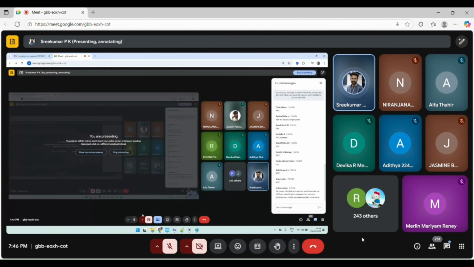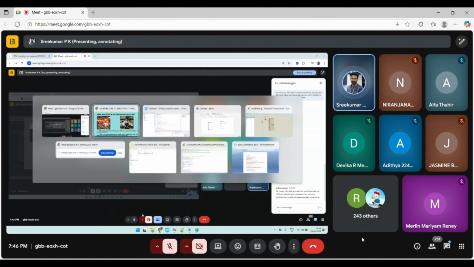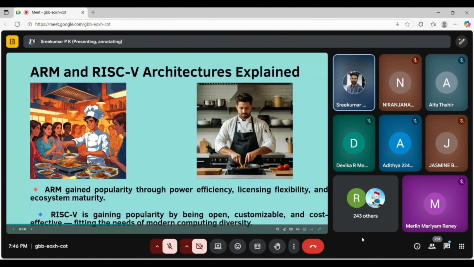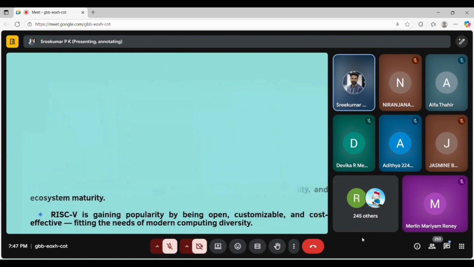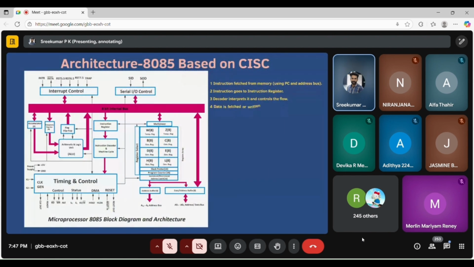If ARM says we need this much for a proprietary license, the company will be in trouble, right? So this is what is happening right now. If you are learning ARM, it won't be a waste. It will help you learn RISC-V faster because the tools, the process, the internal steps, everything is the same. The difference is how it is planned and how it is made available inside the controller.